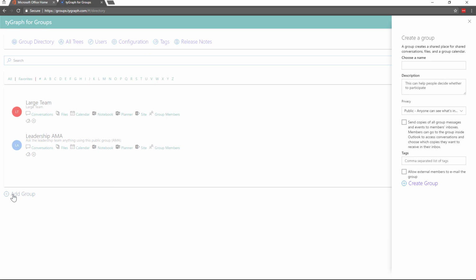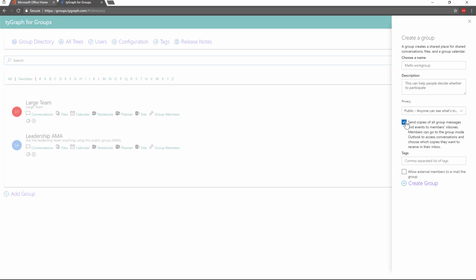I'm going to call it Matt's work group. And give it a description. It's always good to give it a description, but I'll skip that for demo purposes. Public or private, is this going to be a group that is available to everyone to join and find, or is it going to be a private one where it's invite only? Do I want to, all the usual groups options that you get there,